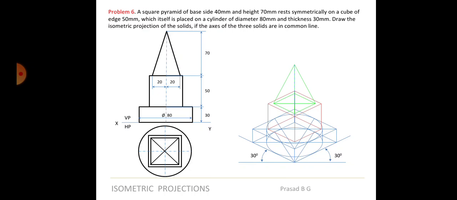not visible. If you observe carefully here, this will be visible, this will be visible, this will be visible, this will be visible, and this entire edge will be visible. The inner lines here, what is marked in green for the pyramid, is not visible. This is not visible. Same way, for the cube portion, only from here to here it is visible. Whatever comes inside the pyramid will not be visible. This to here also will not be visible. Only outside portions will be visible.